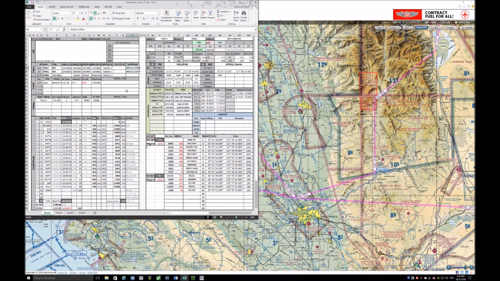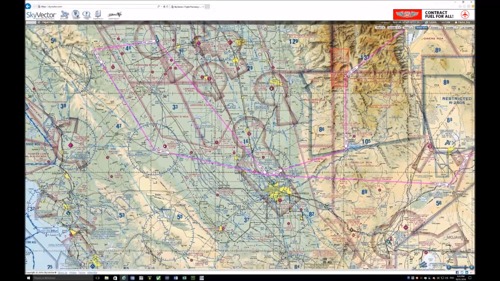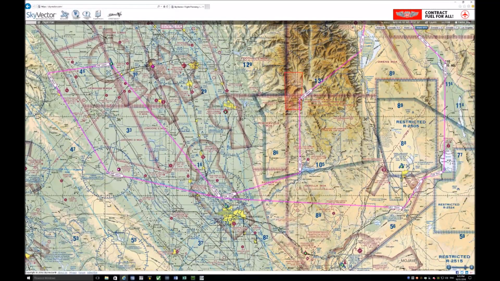So if I see in my data card that I have a channel for that frequency, if I have it programmed, I will just switch. If not, I will just punch it in manually. That's okay. Alright, one very important note, that we need to get clearance before we enter